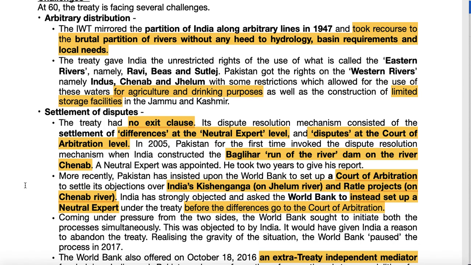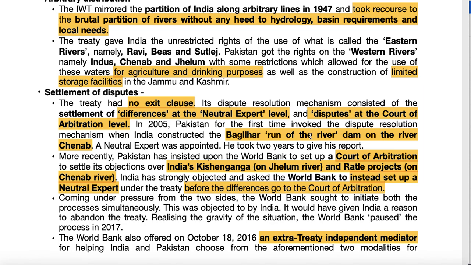So differences were to be addressed at the neutral expert level, and disputes were to be addressed by the court of arbitration. In case of differences in the interpretation of any provision of the treaty, a neutral expert level was sufficient. But in case those differences develop further into a dispute,